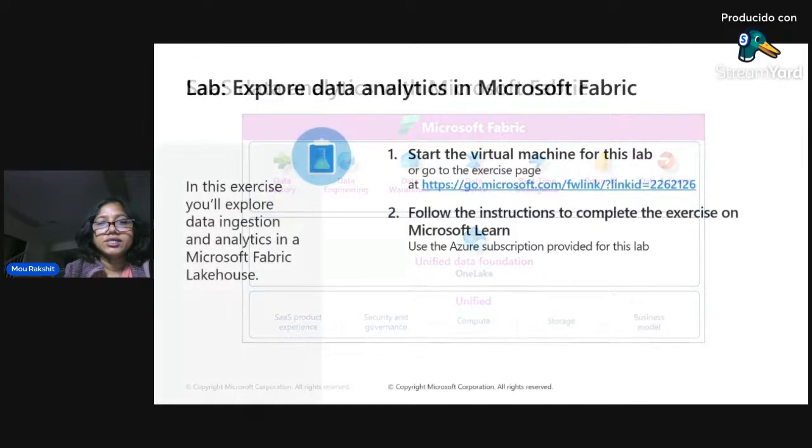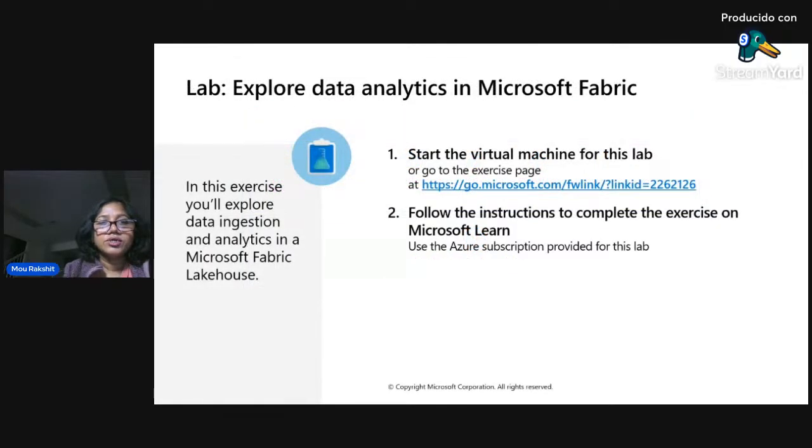Okay, so next there is a lab. Now, what time is it? 9:34, or 9:24. I don't think the class time is going to enable you to do the lab live here, but you can see this is the link. Go to https://go.microsoft.com. If you search, you should be able to find Microsoft Fabric, go to this page, and start doing your labs.